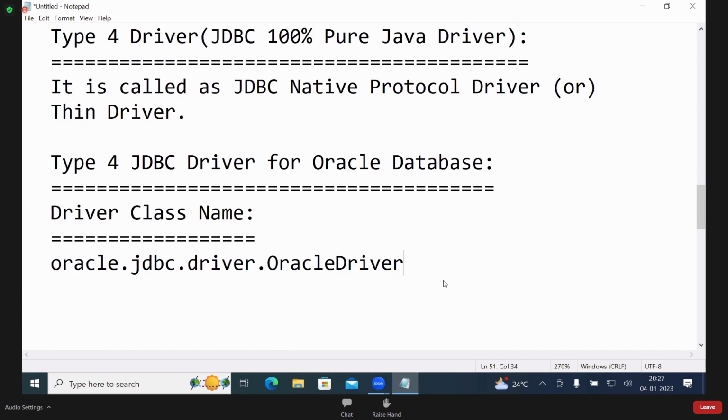Type 4 JDBC driver for Oracle database. Driver class name: oracle.jdbc.driver.OracleDriver. The driver class name is the same, but how it will be different, I'll show you and explain how to differentiate.